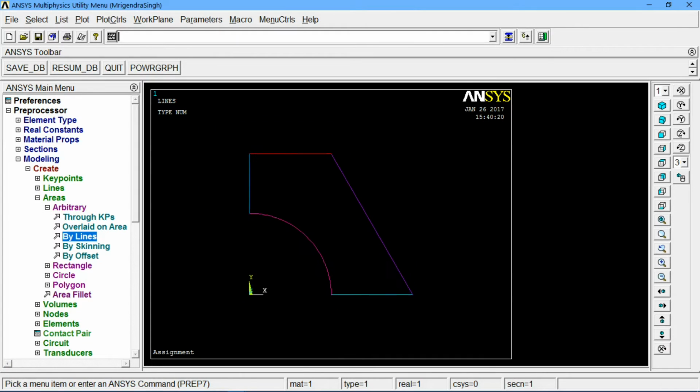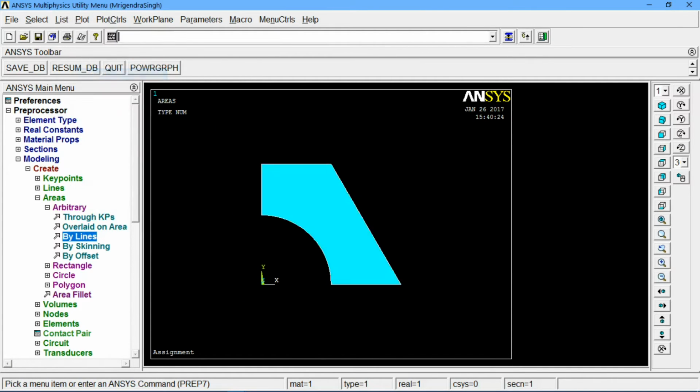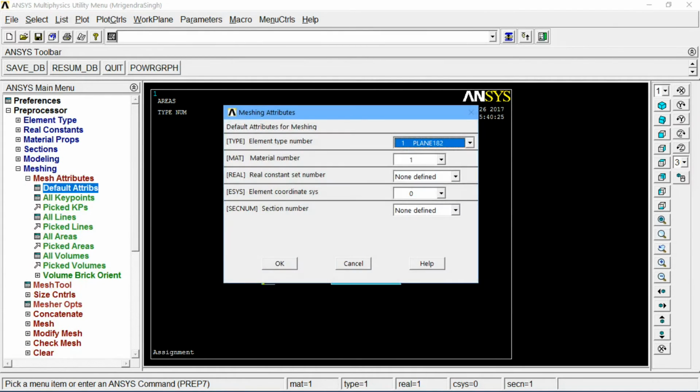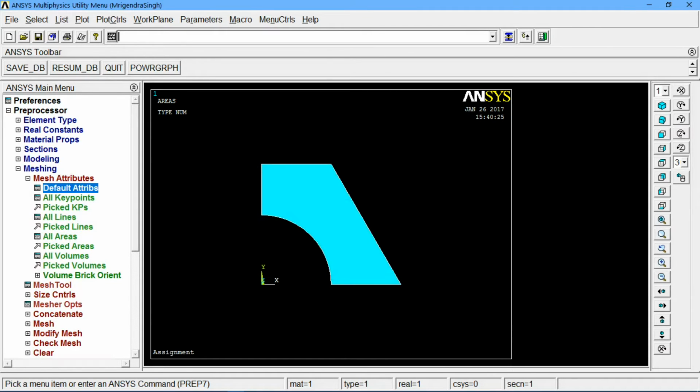So first of all we have to create the area. So we will select the lines and we will create the area. If something goes out of the screen, then you can plot it. Go to the plot option and there are a lot of options you can select to plot nodes, lines, areas, etc. Now we will go further for the meshing, and we will select